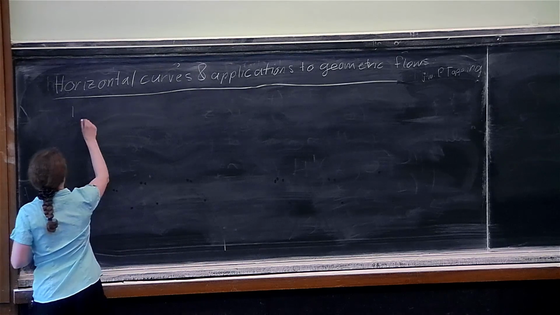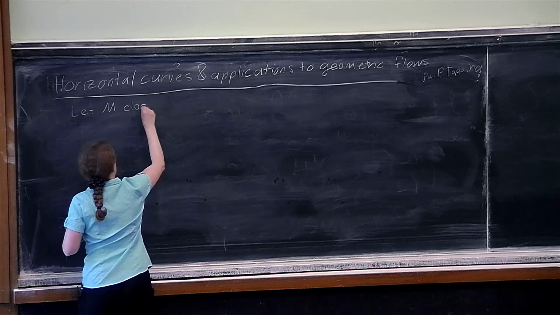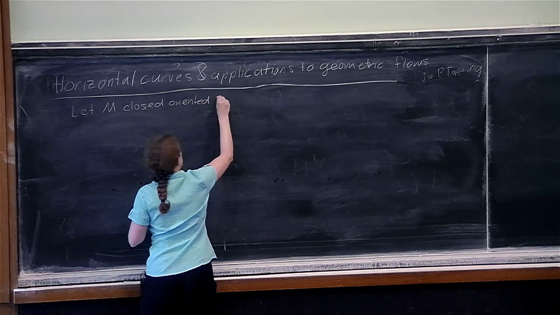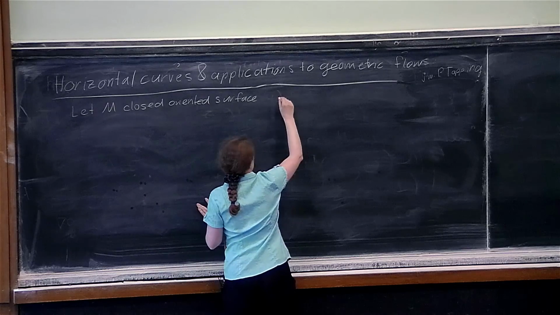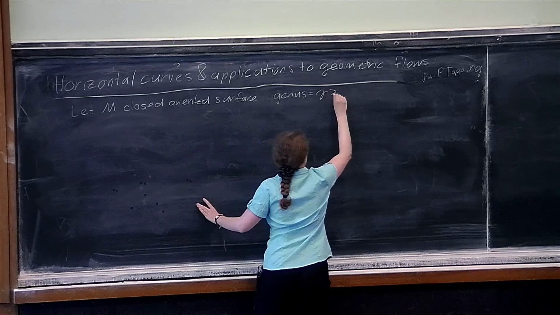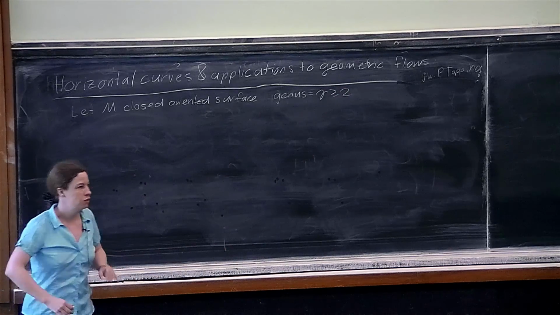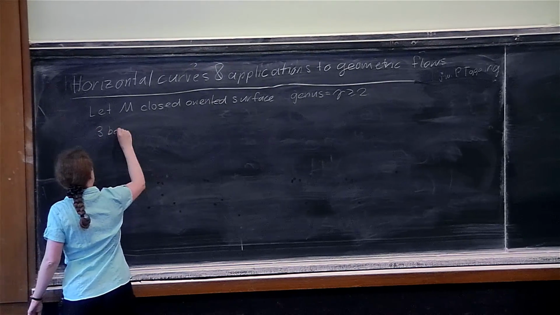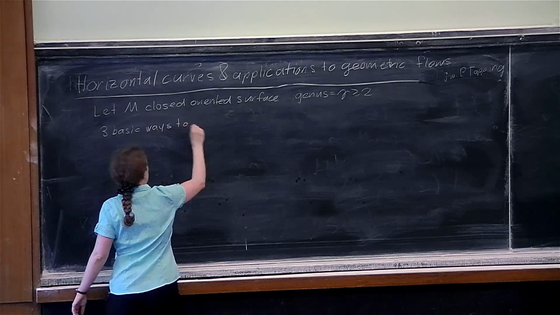For the whole of the talk, I want to consider M to be a closed and oriented surface. And really the interesting case that we're going to consider is when the genus is greater or equal to 2. Otherwise, what I'm going to talk about is just not as interesting. Then there's three basic ways to evolve a metric